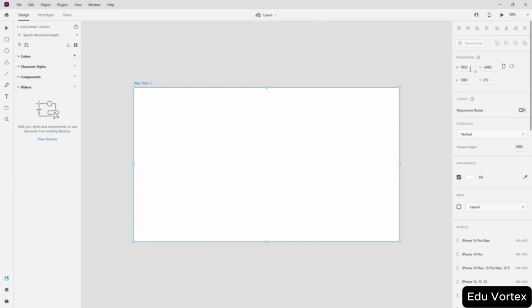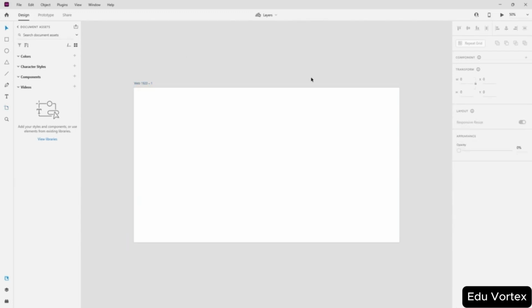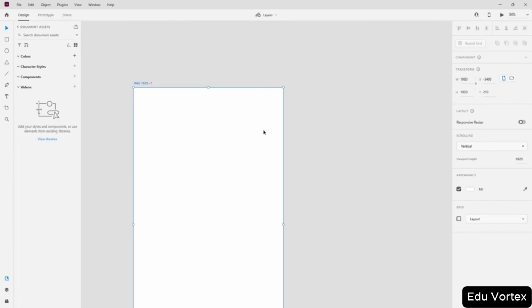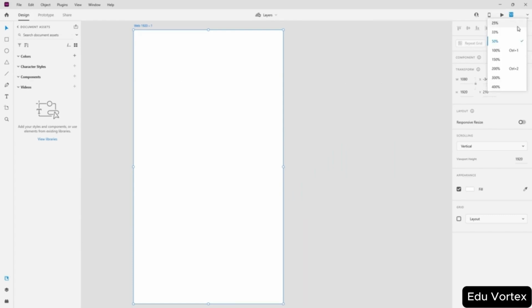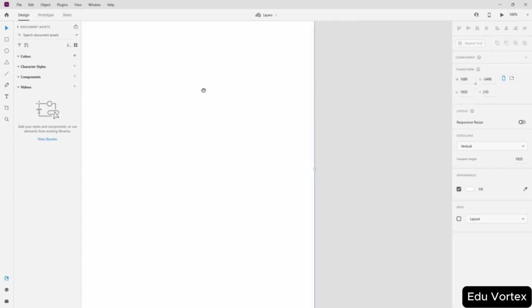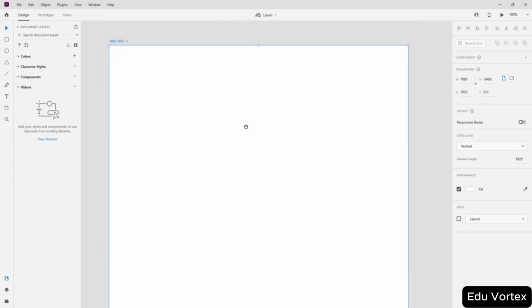So I'm going to go ahead and select the artboard's resolution to, let's say, a desktop resolution over here. As you can see, our artboard's resolution is 1920 by 1086. Now I'm going to select this and turn it so that it's more of a mobile phone instead. So I'm going to press 100% over here, zoom in on the top right,